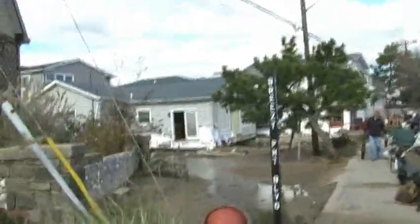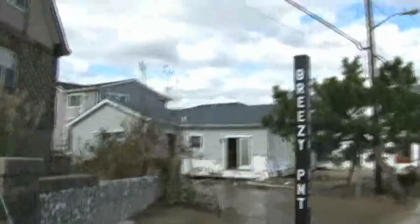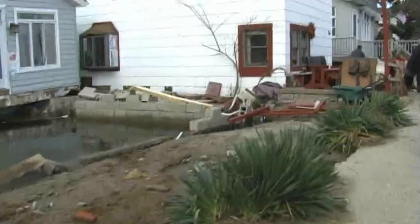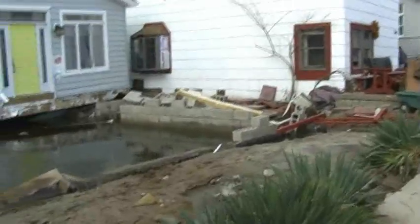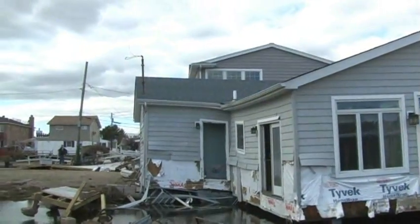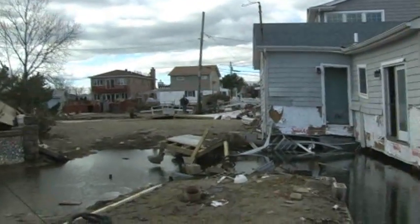Music Point Boulevard. Look at this guy. Poor guy's house is off the foundation. Look at this. This house used to sit up here where these bricks are. Whoa. And it got lifted and moved. Take a picture of that. Oh my god, I gotta get a picture of that. My battery's low, but...